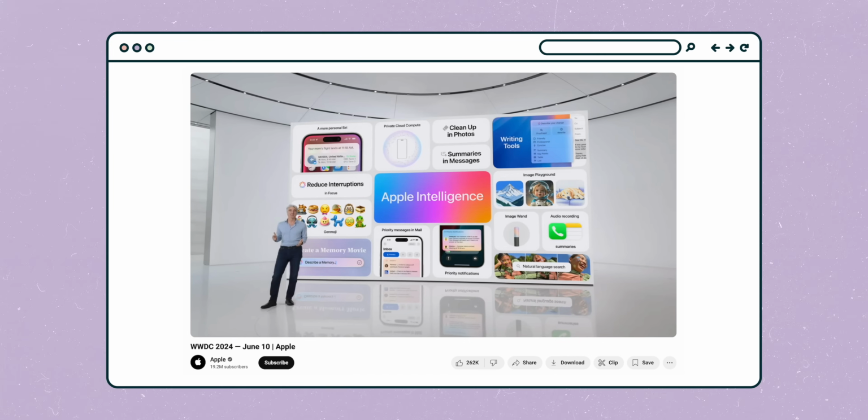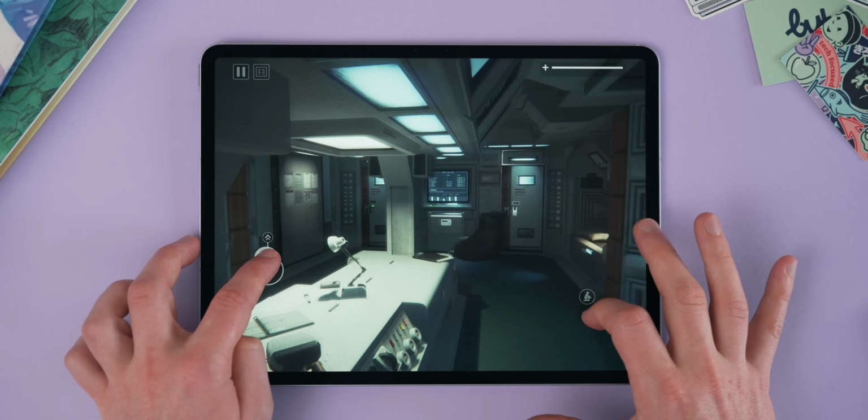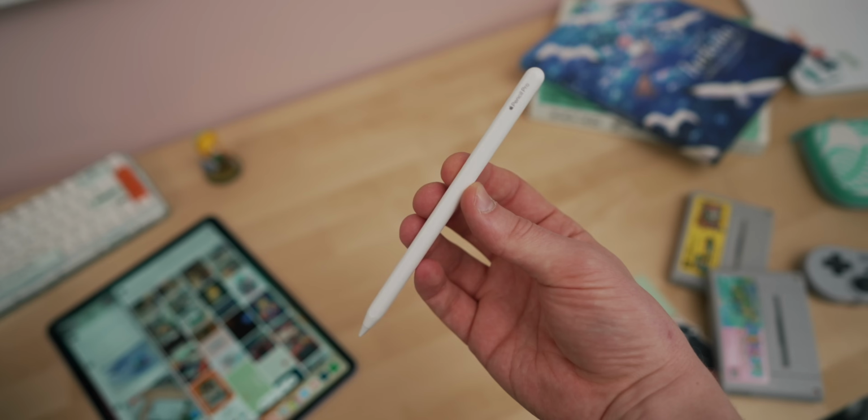It's also going to give you access to Apple Intelligence, which is coming later in the year, which might even transform the way we use our products, which is just a good thing to have in the bag. Also, if it's important for you, you're going to get much better gaming performance out of this than you did in the other two. When it comes to accessories, you are getting access to the brand new Apple Pencil Pro,